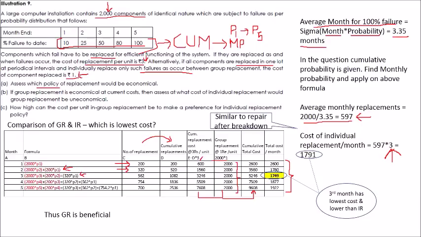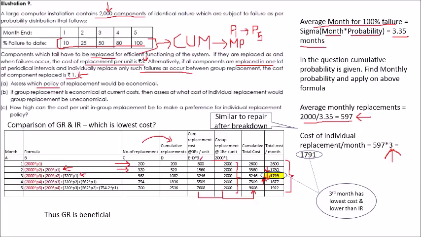Guys, once again here you can see in the first month the cost is 2600. It is going down in the second month. It is still going down in the third month. From the fourth month it is reversed and it is increasing. So guys, the minimum cost is on the third month. So the third month has the lowest cost, lower than the